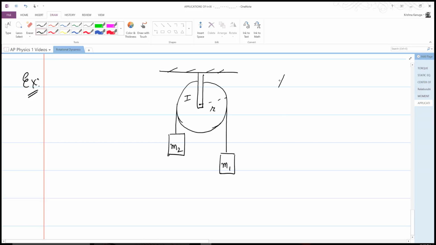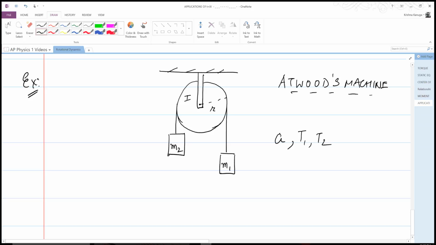Okay, so we are now going to go back to the Atwood's machine, but with one change: our pulley is no longer massless. So the pulley has a mass. Once again we're looking for the acceleration of the two masses, and let us say the tensions on